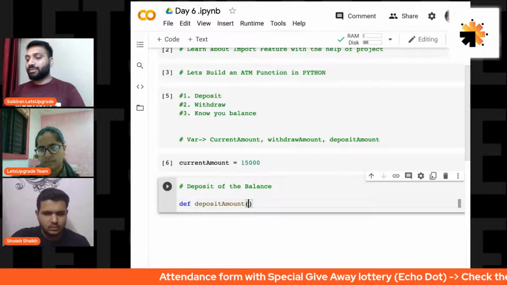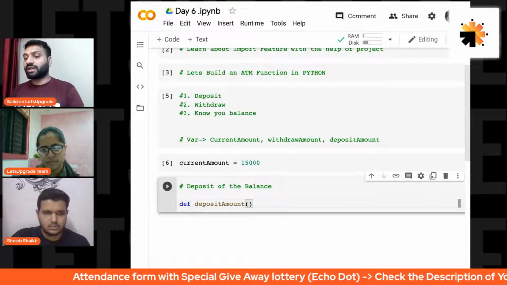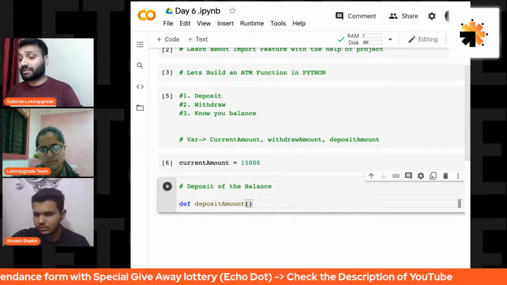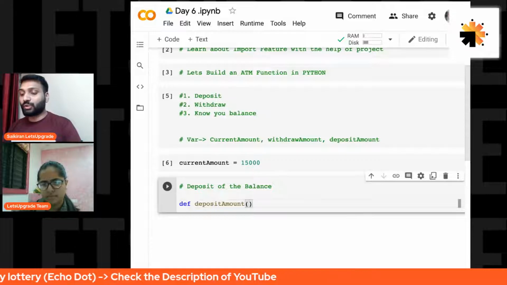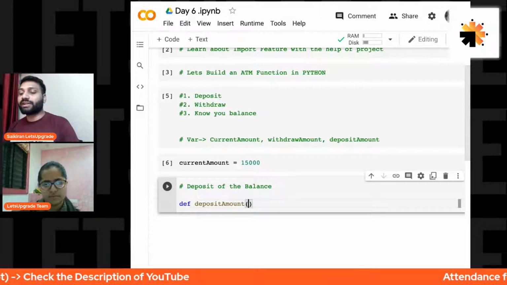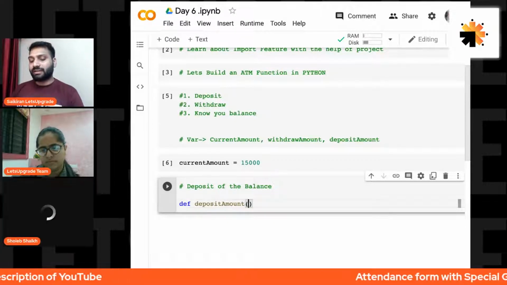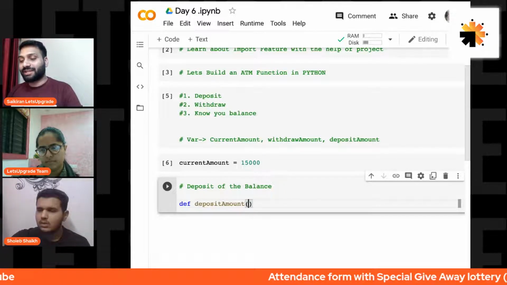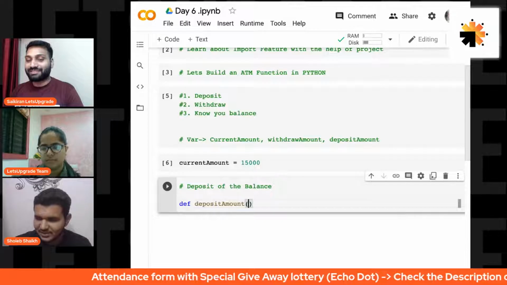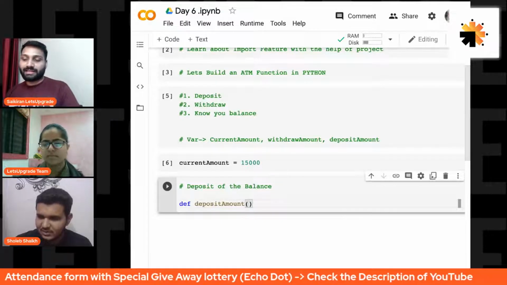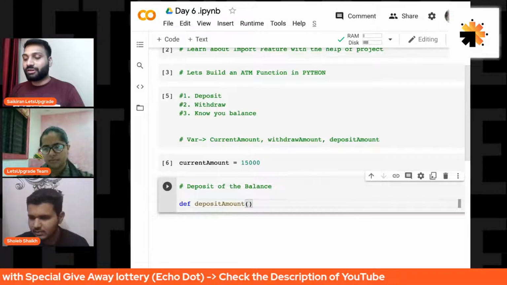amount. How many of you already know how to build a function in Python, and how many of you are learning for the first time? If it's your first time, write down first time. If you already know this, then mention it, I already know, in the chat. Okay, and sure, just give me the analytics after some time, and Umang, you give me the analytics. Okay, so the deposit amount will take